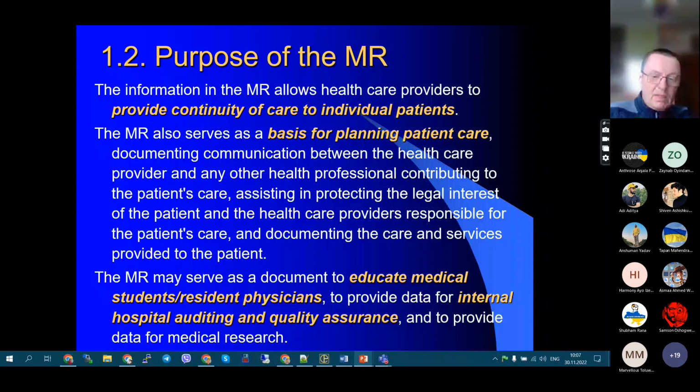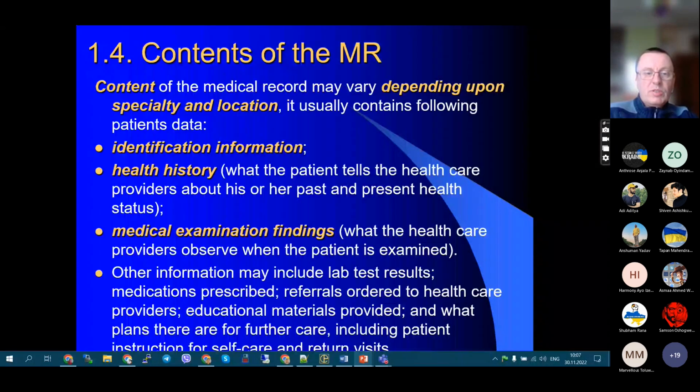And also medical records serve as education for medical students. Yes, it's for you, resident physician, to provide data for internal hospital auditing for quality assurance. So that's an essential point, an essential tool which we must deal with. The contained medical records vary depending upon specific location, usually containing patient data, identification, health history, medical examination findings, and any other information which can be useful, like